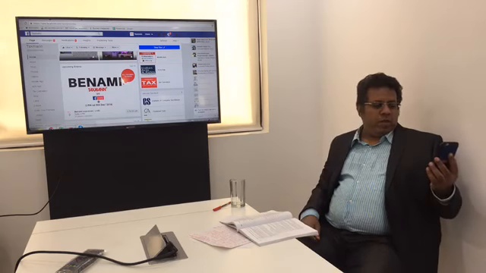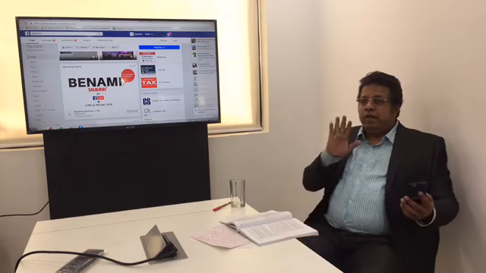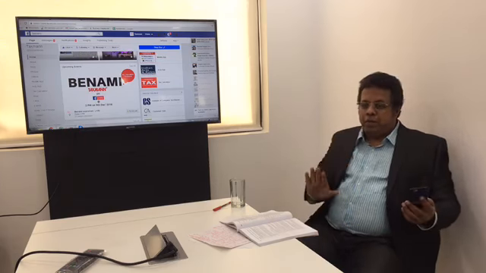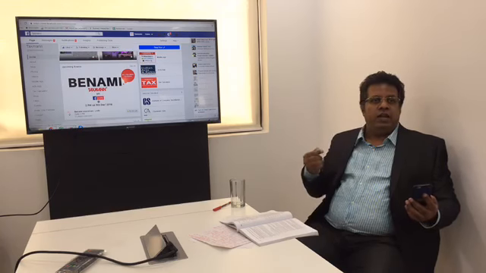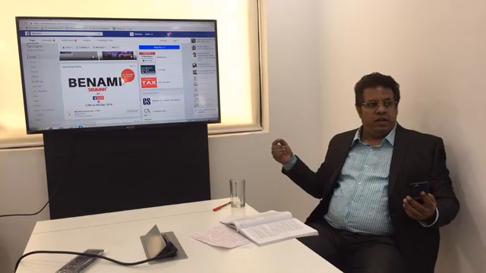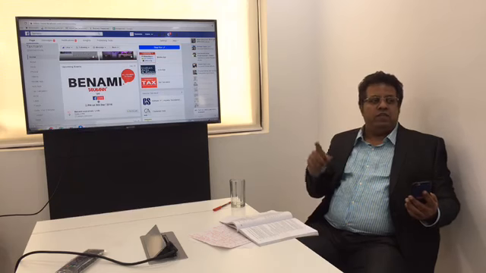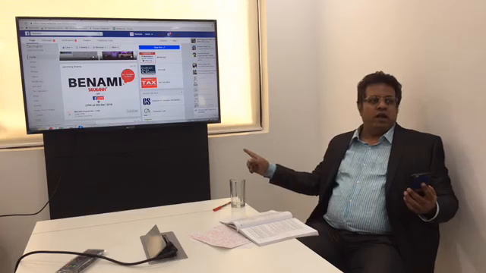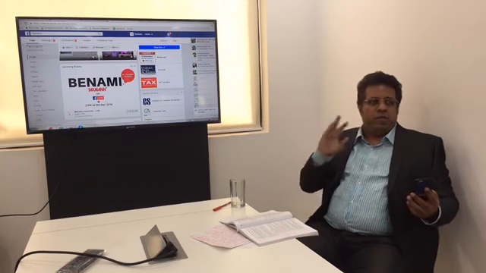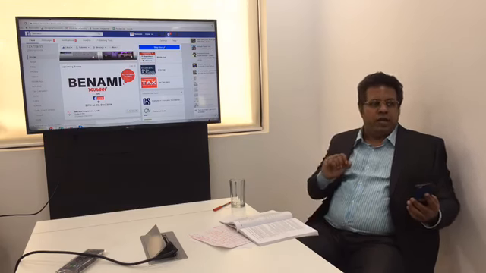Whether Benami property can be declared under Pradhan Mantri Garib Kalyan Yojana. The Benami property cannot be declared under Pradhan Mantri Garib Kalyan Yojana. There is no provision for it. In fact, the proposed section 199O clearly says that if there is any violation, any liability for prosecution under the Benami Act, the person is not eligible to declare it.